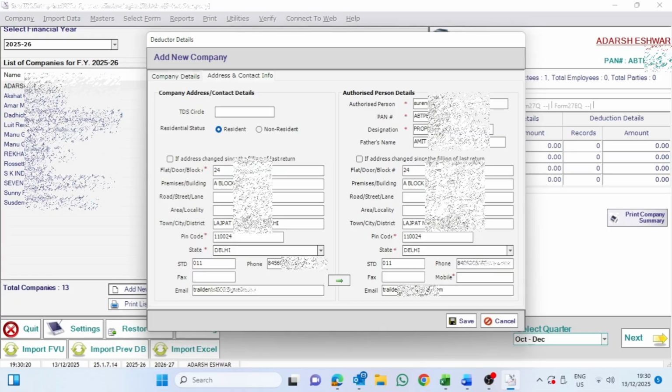In some cases where the address, mobile number and a few other key details are the same, as it happens in the case of a proprietorship, you may click on the arrow button in the middle, which will copy your information from the left side to the right side, and you are not supposed to fill in this information again. But be careful to fill in all the details correctly